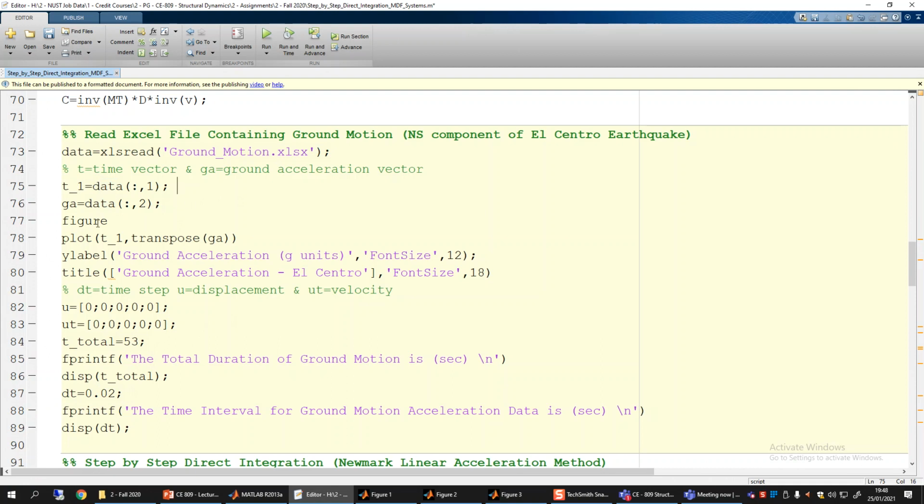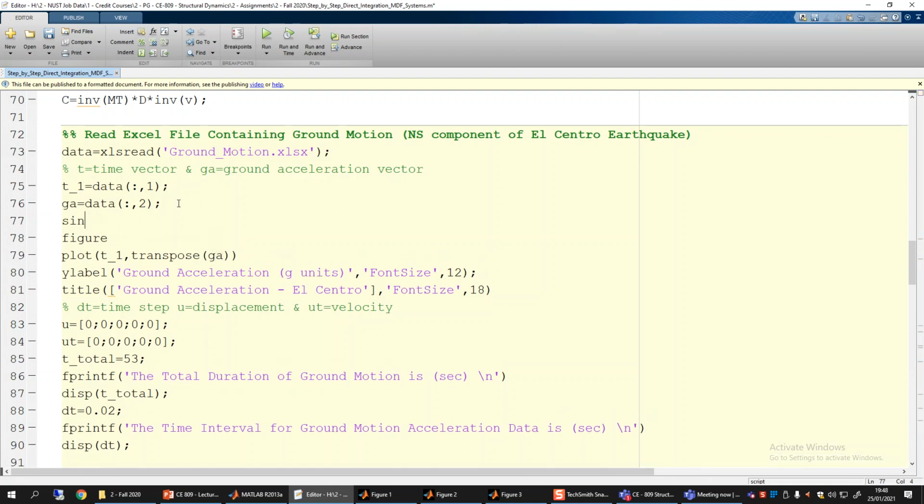I mean, no need to just fix it according to this particular ground motion only. Whatever data you put in that file, the program should be able to completely read it. By the way, I know how to do it. If I just type size of GA, this will simply give me the number of entries in the ground acceleration vector, and that will become my total number of steps.